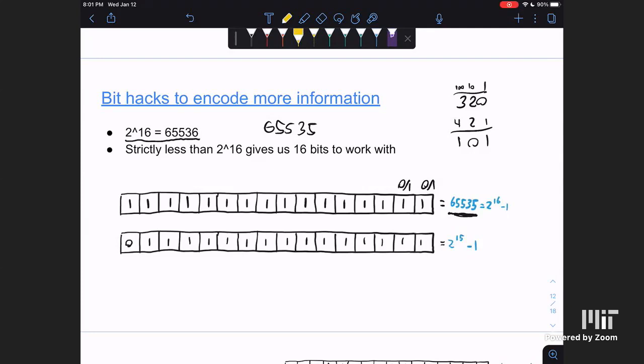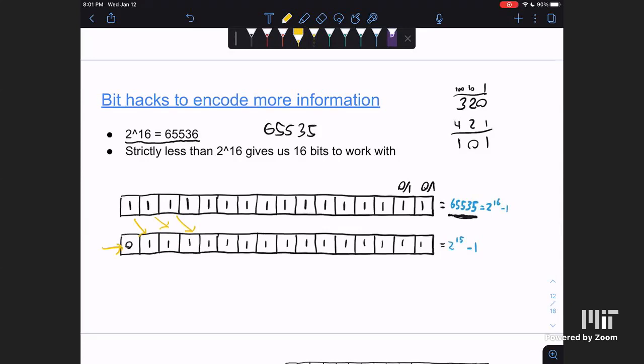And then another interesting thing is if you take all of these bits, shift them over, and then just put a 0 in on the left, you get 2 to the 15th, because you got your ones, your twos, your fours, and you're taking off 1 power of 2. And 2 to the 15th minus 1 comes from the fact that it's starting at 0. And what's interesting about this is you'll see that when we shift it over by 1 bit to the right,